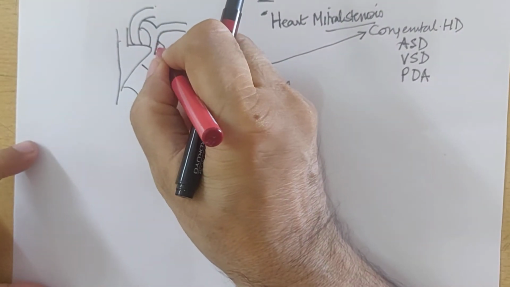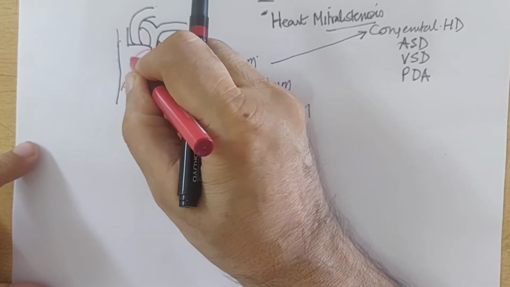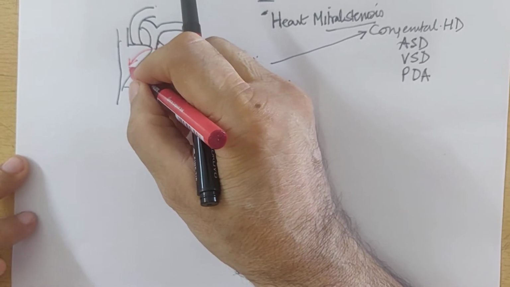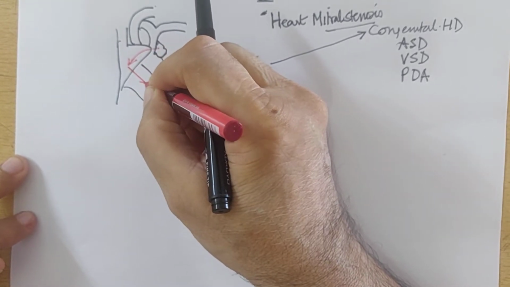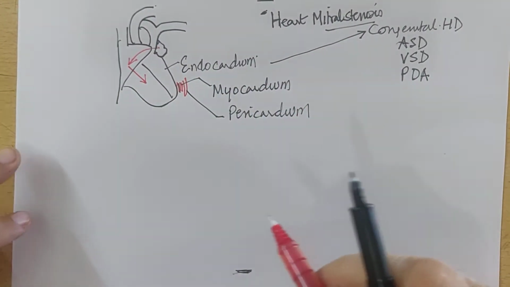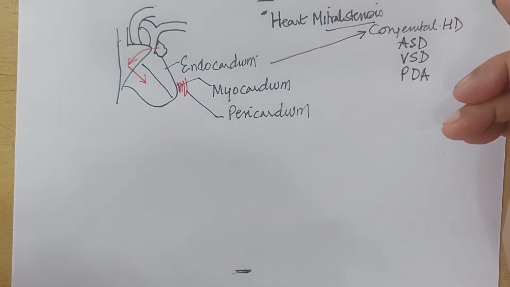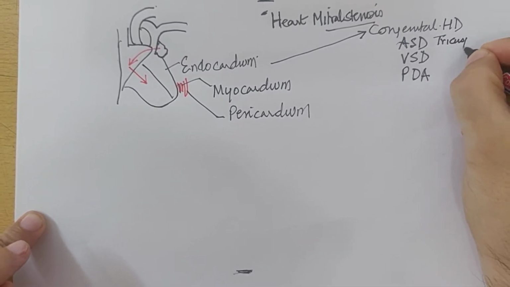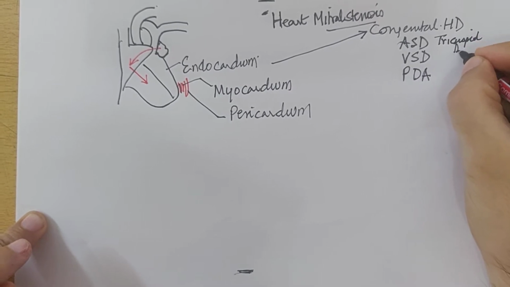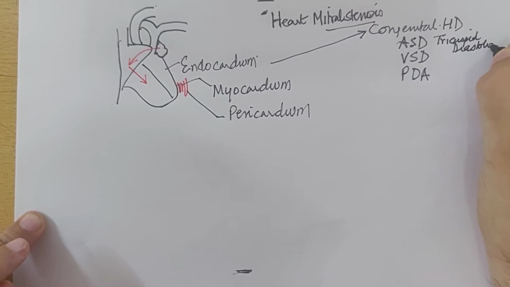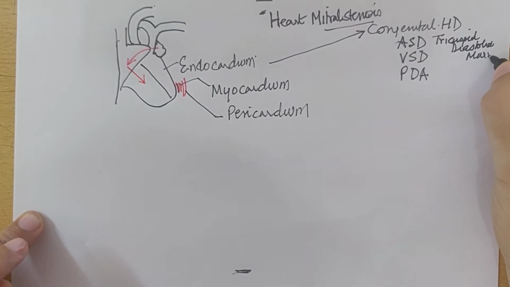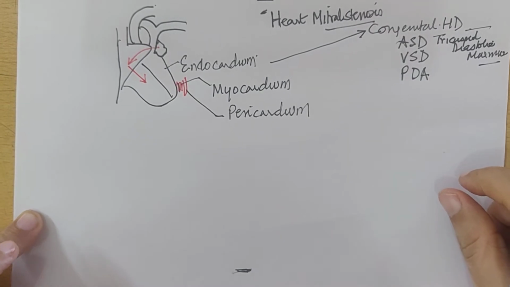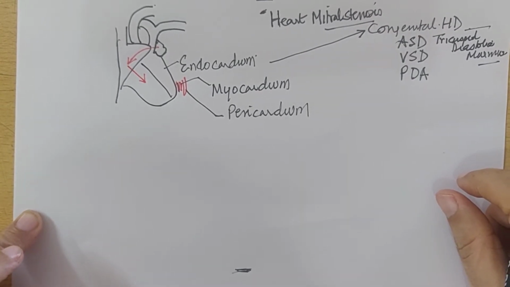Now, in atrial septal defect, the blood will move from the left atrium to the right atrium, because the pressure in the left atrium is higher, then through the tricuspid valve, creating a murmur. So, this would be a tricuspid diastolic murmur. Usually, sooner or later, the atrial septal defect will close on its own.